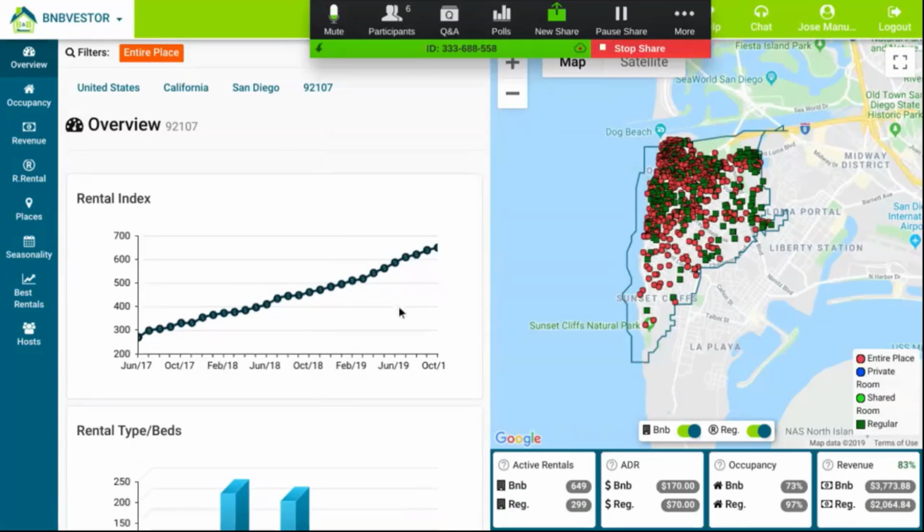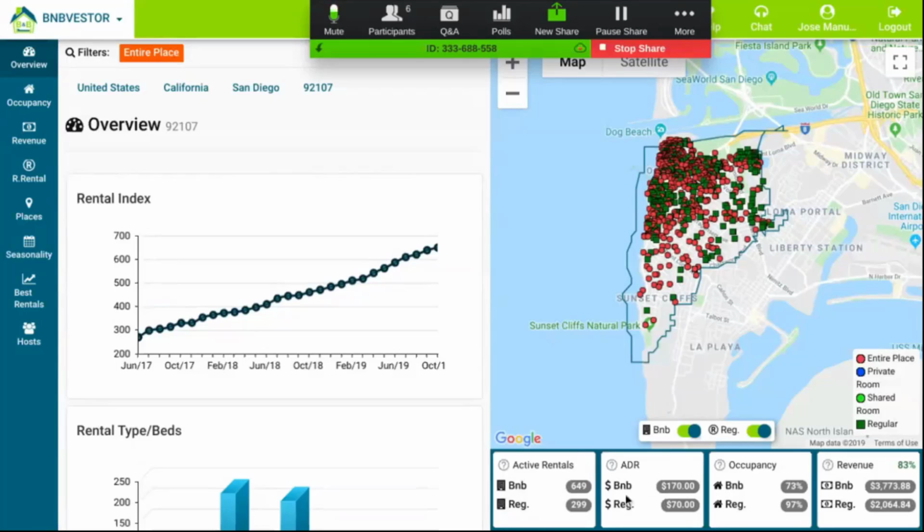I really hope that the mic is working a little bit better. Yeah, that's better. Okay, so again, right now we are in the zip code 92107. Let's pay attention to this. There are basically 300 properties currently for rent in that zip code. What I would like to do is check which of those properties are going to have a great performance if I put them on Airbnb.